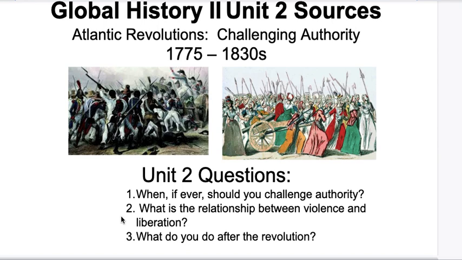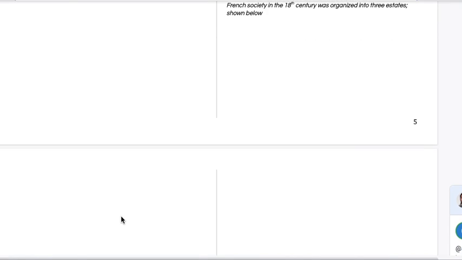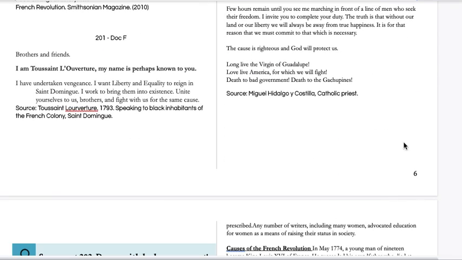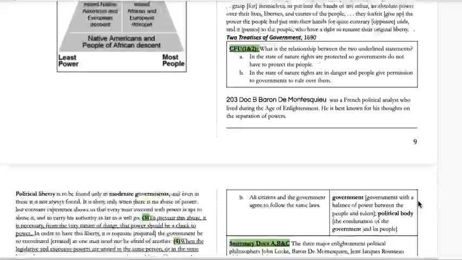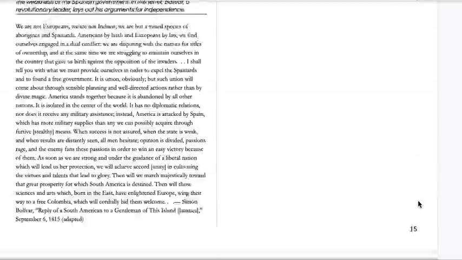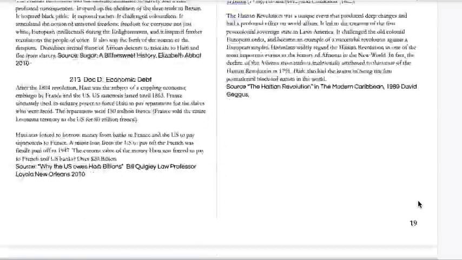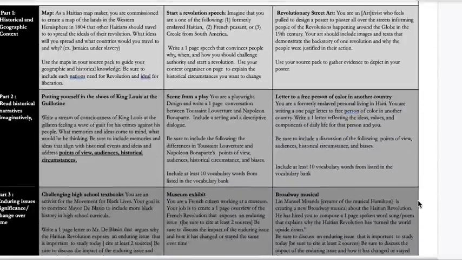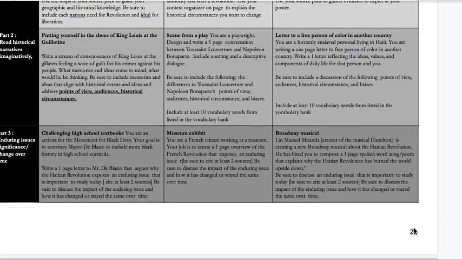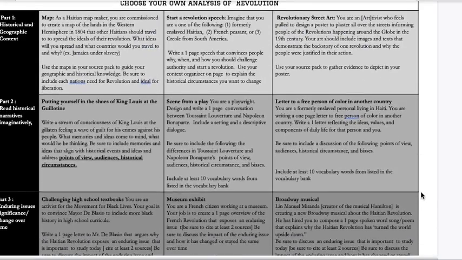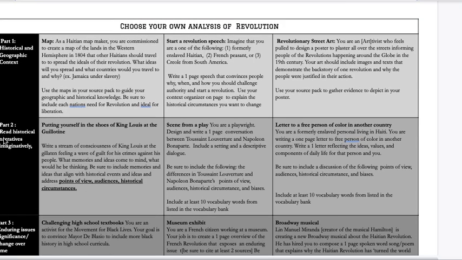So let's go ahead and look at the choice board. We'll be scrolling down to page 22 in the source pack. You notice that there are these little page numbers here. If you have altered your source pack, like typed words into it or added anything extra, the page numbers may be different. But the reason why we put the worksheets, the pages where you need to do your work, at the end is so it wouldn't mess up the pages. So this is page 22, and this is what your choice board should look like. Now again, we're only focusing on part 1, and I'm previewing part 2.